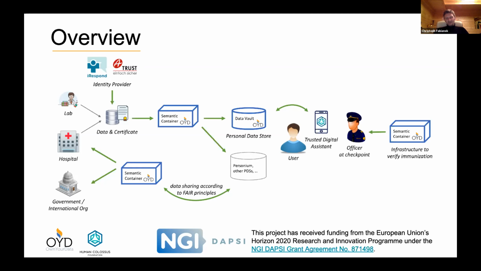So basically here, a short intro to this project. What we did is three data flows. You see here on the upper left side, basically you have hospitals, a lab, a doctor's office, who gives you a certificate that you were immunized. So we did not choose coronavirus, but we said, okay, it's yellow fever, maybe you know it. If you travel around, you have this yellow card, this international immunization passport, and we said we want to make a digital version of it.